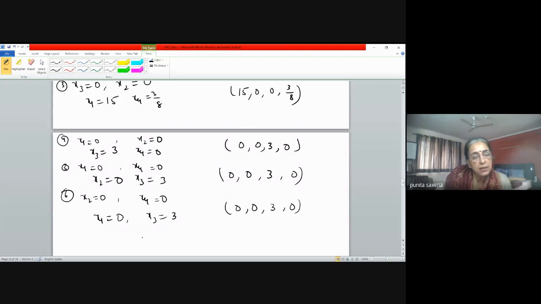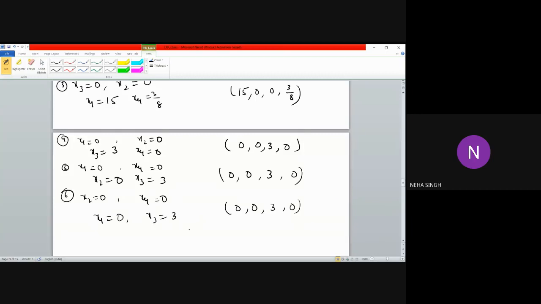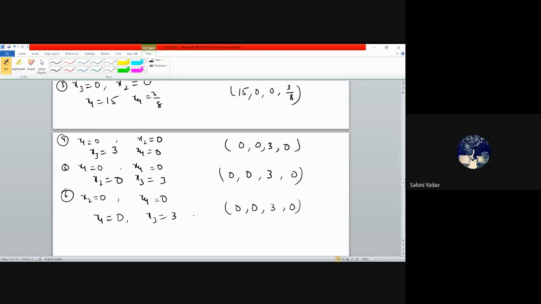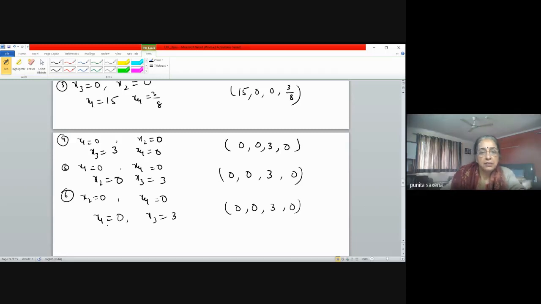नाउ इज देयर एनी अदर ऑप्शन लेफ्ट कि हम किन्हीं भी दो को जीरो पुट कर सकते हैं, और हैव वी कंसिडर्ड ऑल द ऑप्शंस? बोलो, कोई और ऑप्शन रह गया है? नो मैम। We have considered all the options, ठीक है।